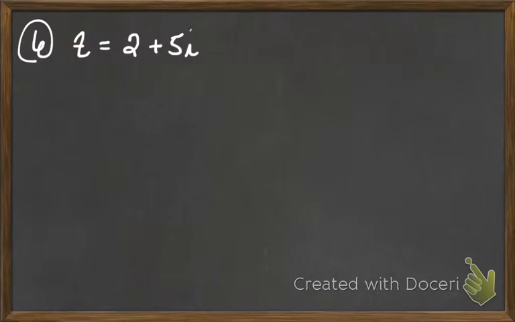All right, we're going to speed up a little bit. Number 6, same set of directions, plot the point, find the absolute value. So here's the point, 2 plus 5i. We're going to skip a little bit of that work, okay? If we're plotting 2 plus 5i, we're going to draw our imaginary number line and our real number line. You don't have to label those as long as you know the horizontal axis is the real number line and the vertical axis is the imaginary number line. We're going to travel to the right 2 and up 5